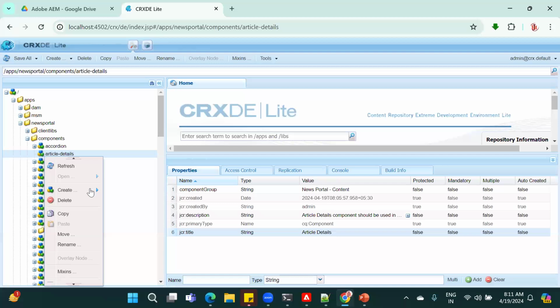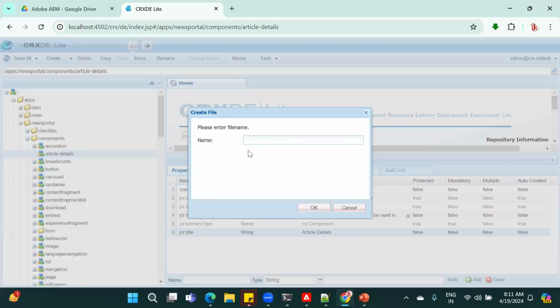But while creating the HTML markup, you have to use the same component name. Use create file, this is the shortcut. Either you can use create file or you can use create node. For files and folders, we have the shortcut. Use create file. File name is